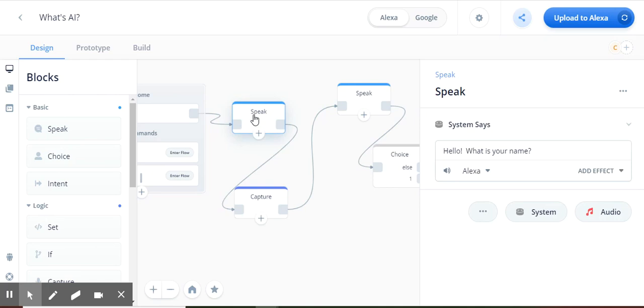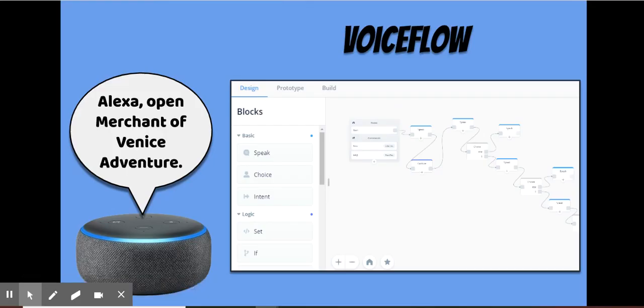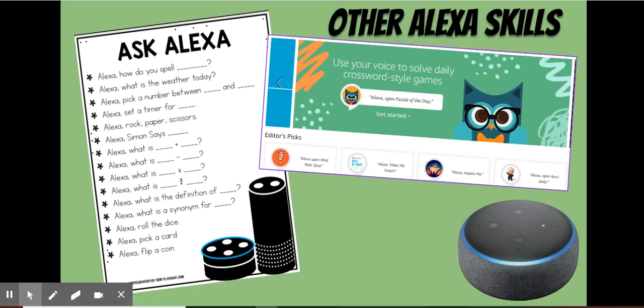But it was a really great way for them to create their own choose your own adventure type activity and then test it out with a group. You actually publish this skill right to your Amazon account. So you have Alexa and Google as options to create with Voiceflow as well. So really awesome thing to try and check out with your students.